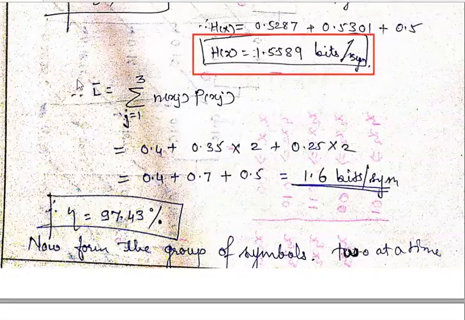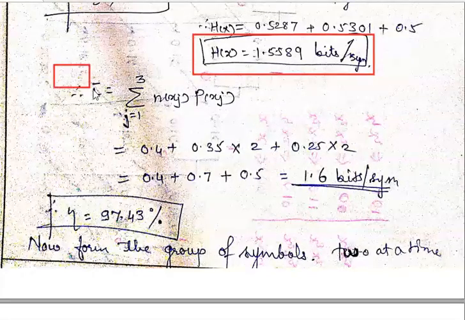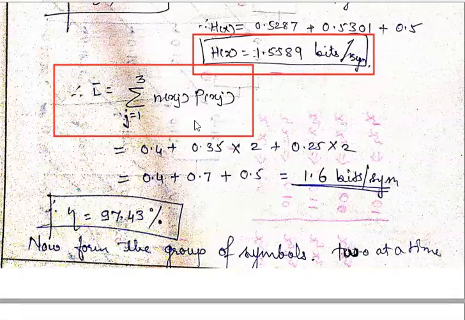Beats per symbol. And the next value is nothing but the L bar. L bar is calculated with the formula that is defined over here. Sometimes this n of xj can be written simply as n_i, where I will be replacing this j. So j equal to 1 to 3, or one may write it as i equal to 1 to 3, and this will be nothing but p of xi. So that is the simple difference between this formula.